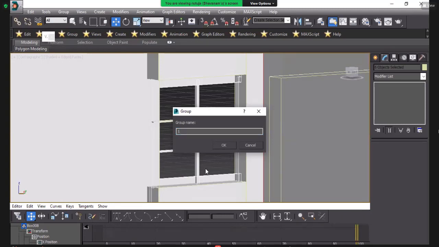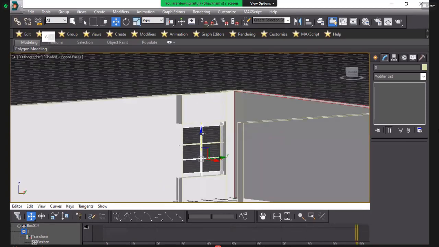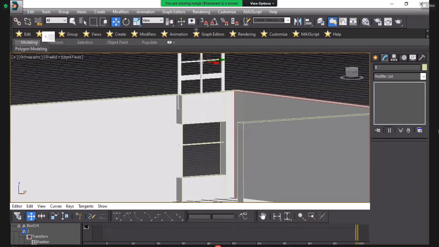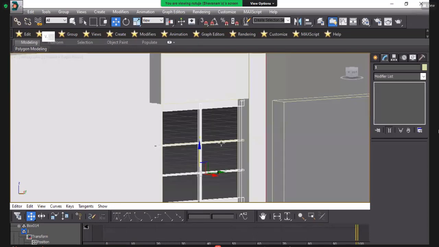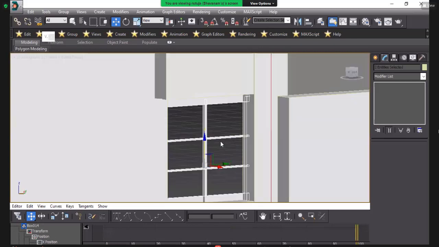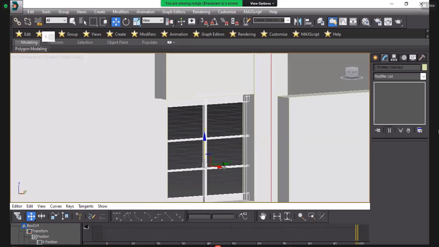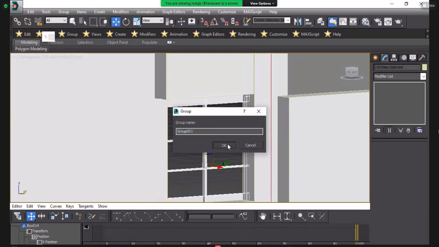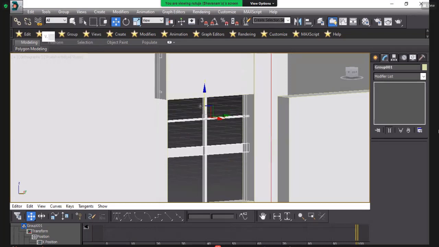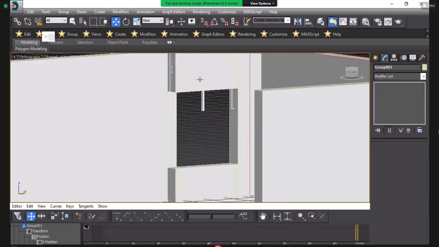Press OK, and we will move it. So like that. I think we didn't select this one, so that's why it's not moving. Okay, group. So now this is your window.